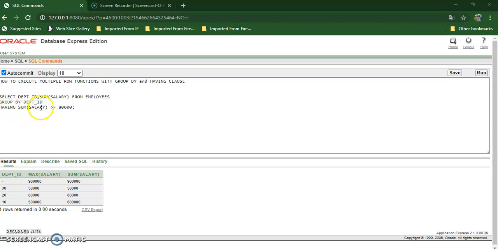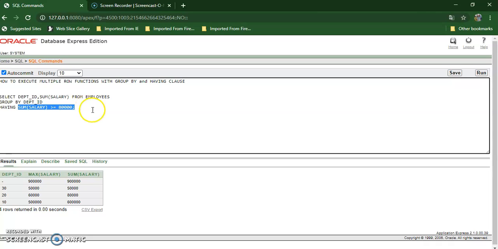Having sum of salary greater than or equal to 80,000. If this condition is satisfied, then only we are going to get the result of department ID, sum of salary from employees, grouped by department ID.